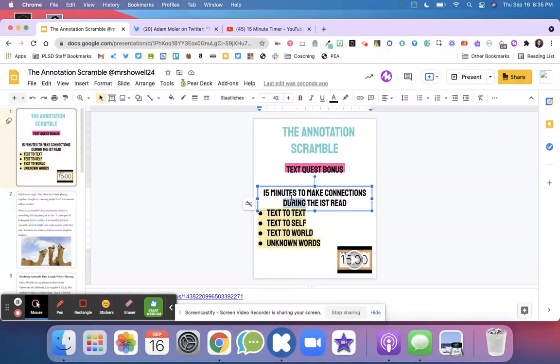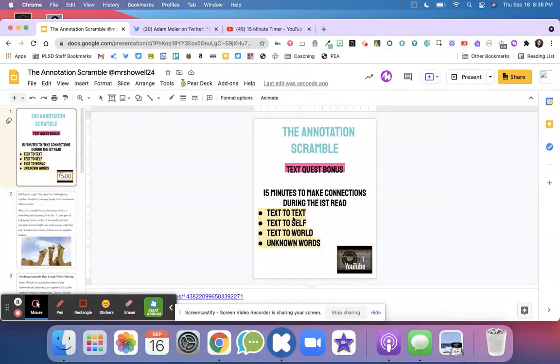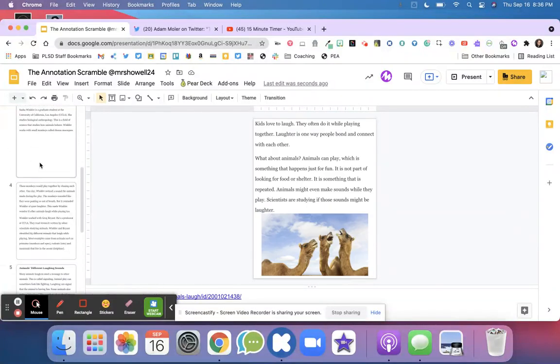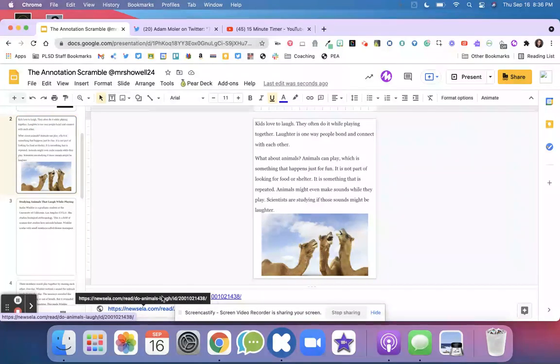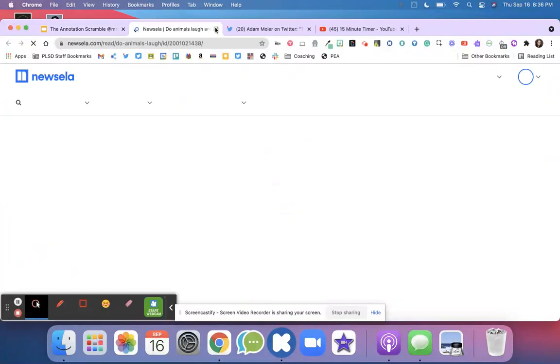So this is just during the first read. During that first read, students are making connections. There's a timer right here. You are going to hit play and your students are going to read this text. I pulled this text from Newsela. I just went to Newsela and I copied and pasted it to a Google slide because I love Google,